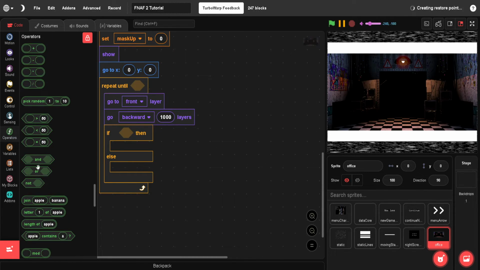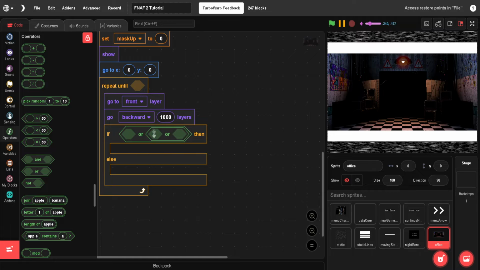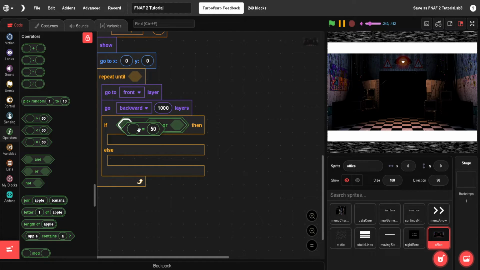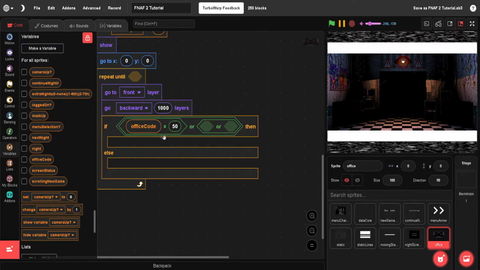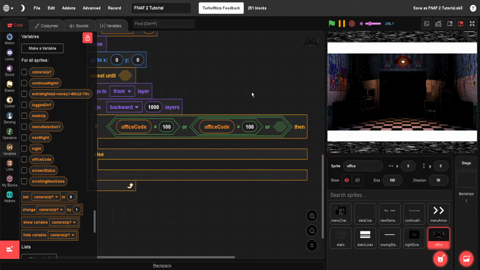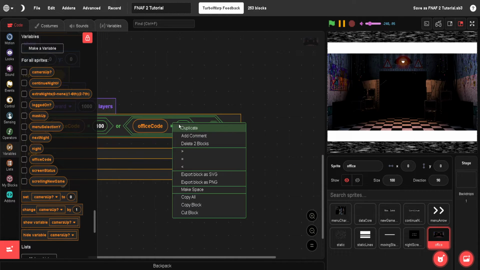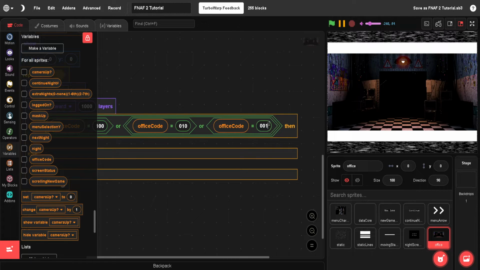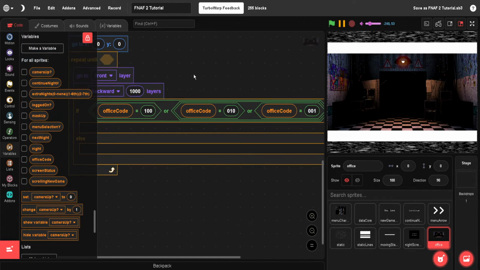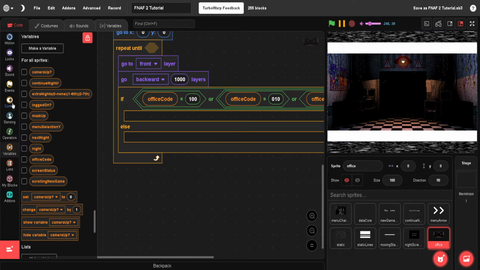We need 3 ORs, so let's throw 3 ORs in just like this, and grab an equals and put it inside, and we're checking for office code. If the office code equals 100, the left light is on, or if office code equals 101, the middle light is on, or equals 001, the right light is on,